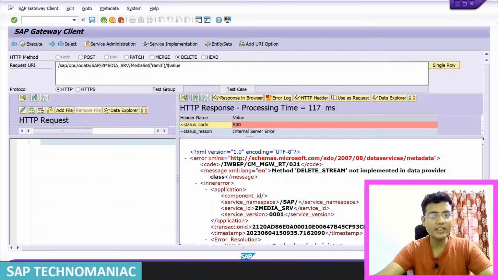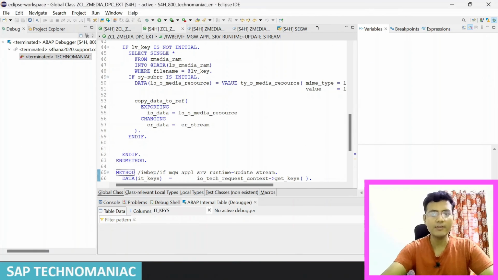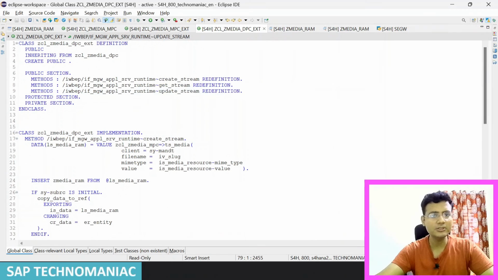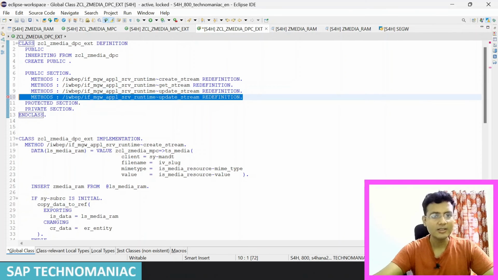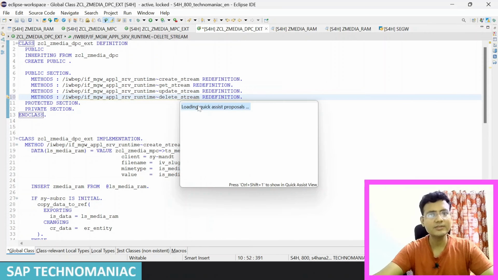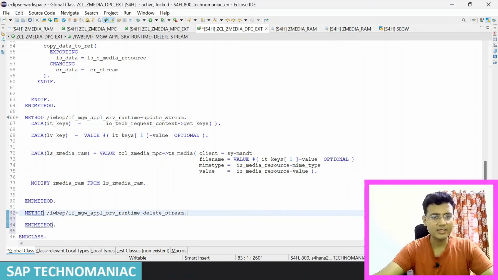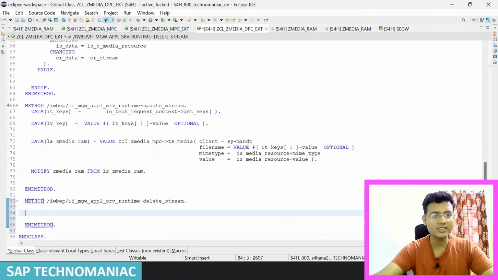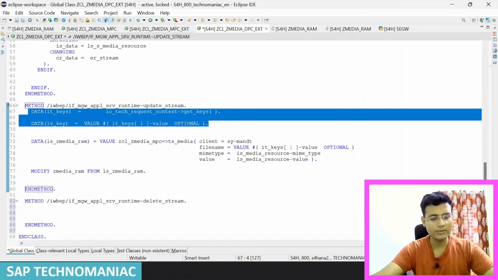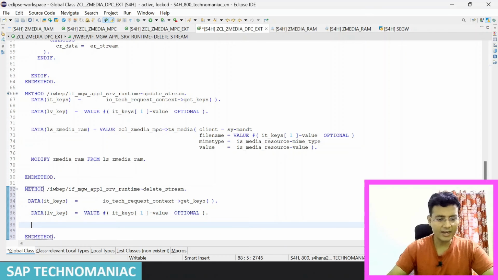Now it will call the delete stream method. Now we have to implement this delete stream method. Simple, go there the same way. Control F8, switch to ABAP perspective, Control Alt arrow down button, and we will have the delete stream method. Delete and Control 1, add implementation for delete stream. And this time for delete stream we obviously need the key field. Only the key field will be passed, and we can write like that: delete